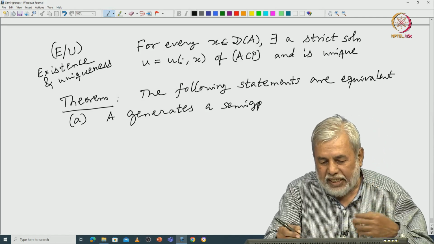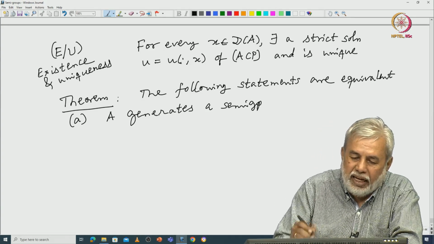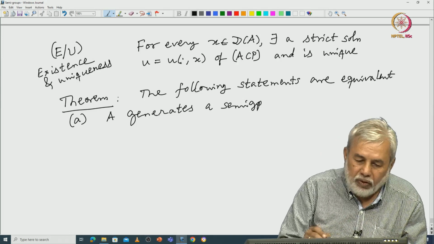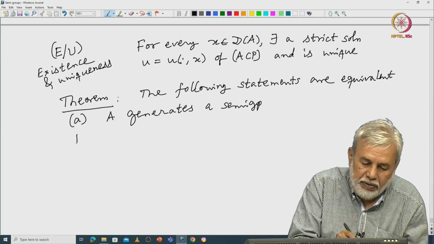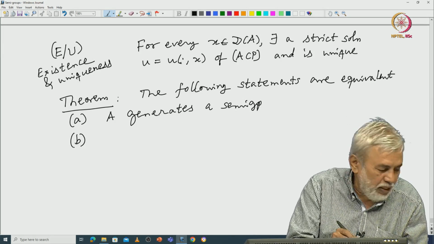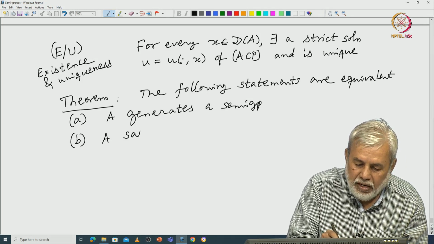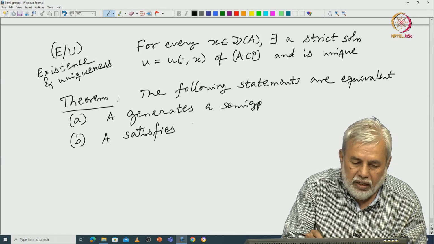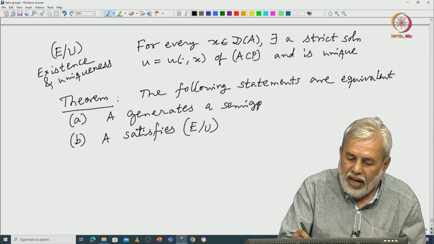As soon as A generates a semigroup, we get existence and uniqueness for this ACP, and that is the next condition. So A satisfies existence and uniqueness, that condition, and